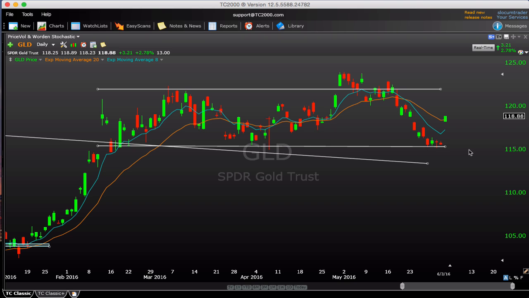Gold also had a very nice explosive move higher, leaving behind the support. So the 4-day tight range we talked about Thursday, saying that some resolve would happen here sooner than later, is actually happening to the upside. We're getting that move higher back into the midpoint of this range. So it'll be key now to see if the bulls can continue the march higher to the top end of the range, or do we come back down here and sort of fill the gap and look more sluggish.